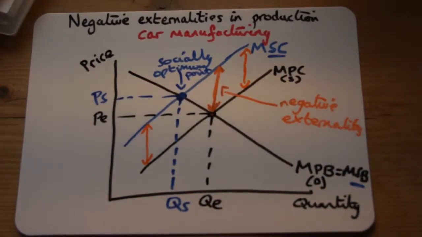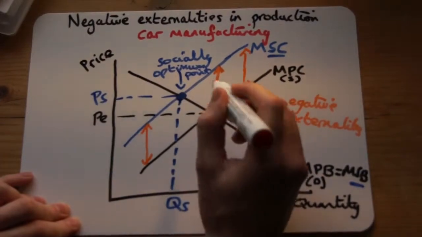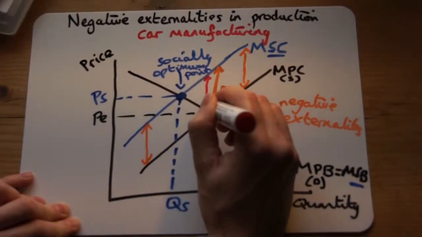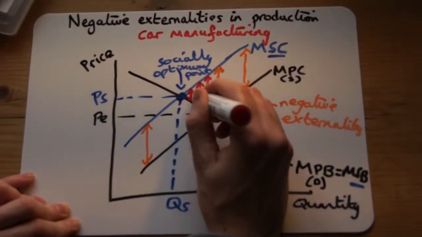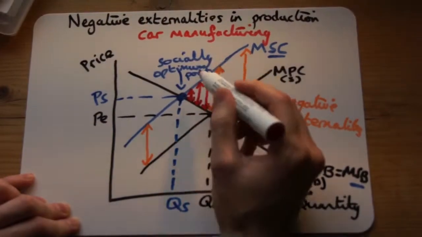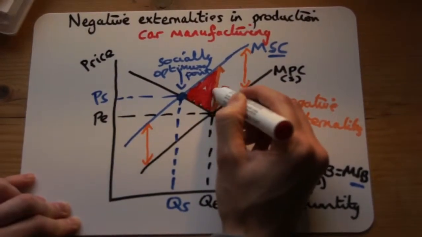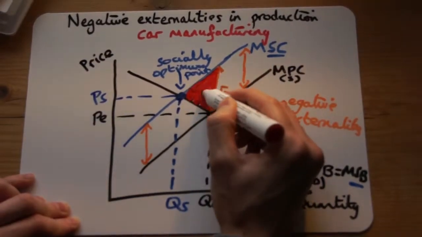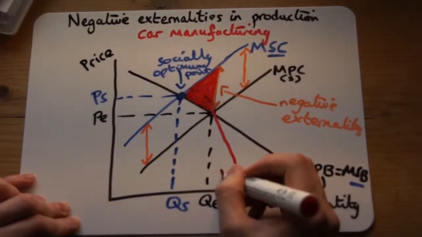So we need to find the deadweight welfare loss. Well, what if we consumed and produced a little bit less of cars? Then if we produced here, there'd be a bit less negative externalities, and again, if we shifted our production inwards, a bit less there and a bit less there, until we hit the social optimum point where it would be completely taken out. So what we would do then is shade in this triangle here from the free market point up to the social cost line, and that triangle there would show us the deadweight